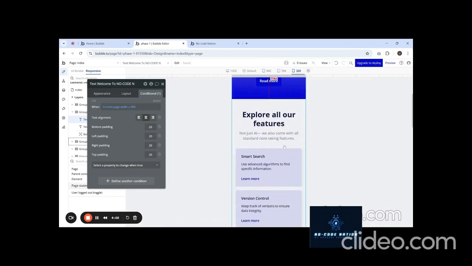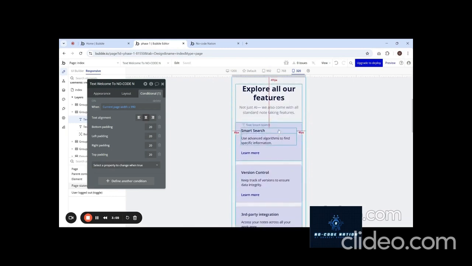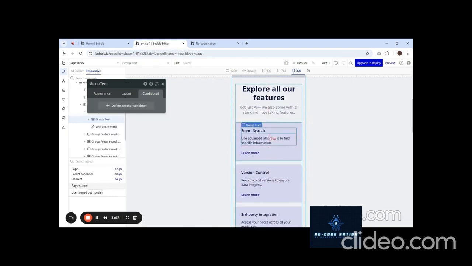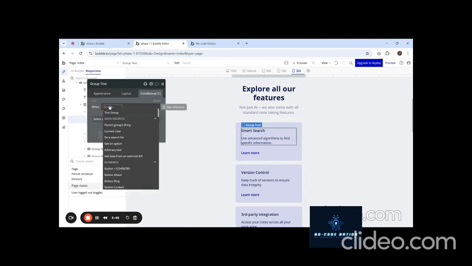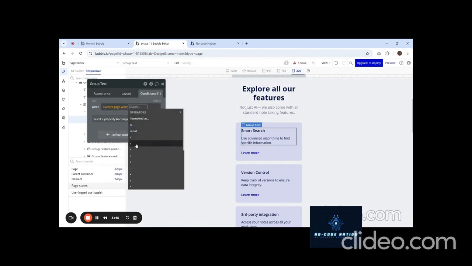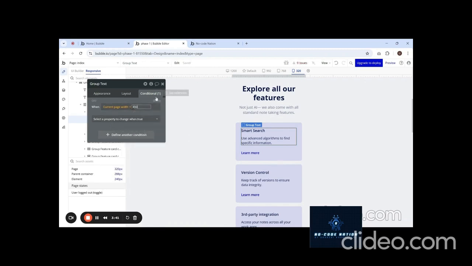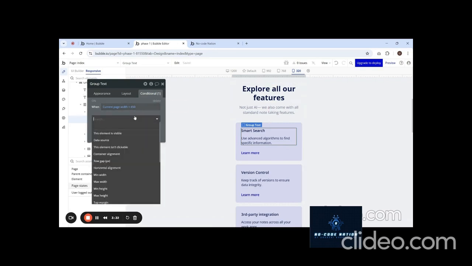For example, here I don't like these texts. I want them aligned in the center. So what I can do, same thing: I'll click on the conditions and create one condition with the page width. I'll set it to be less than 450 pixels. I'm taking it generally, you can take any. So I'm setting it to 450 pixels, and I want this text alignment